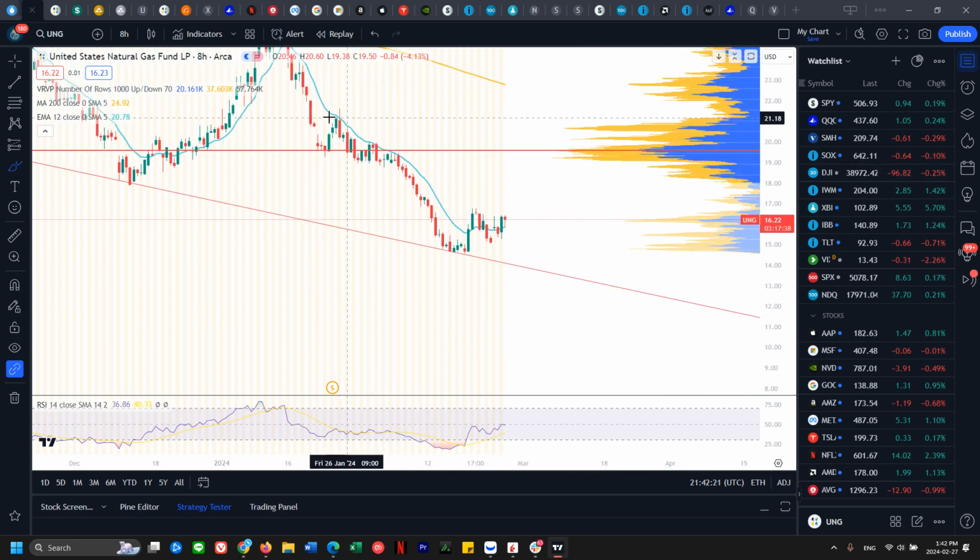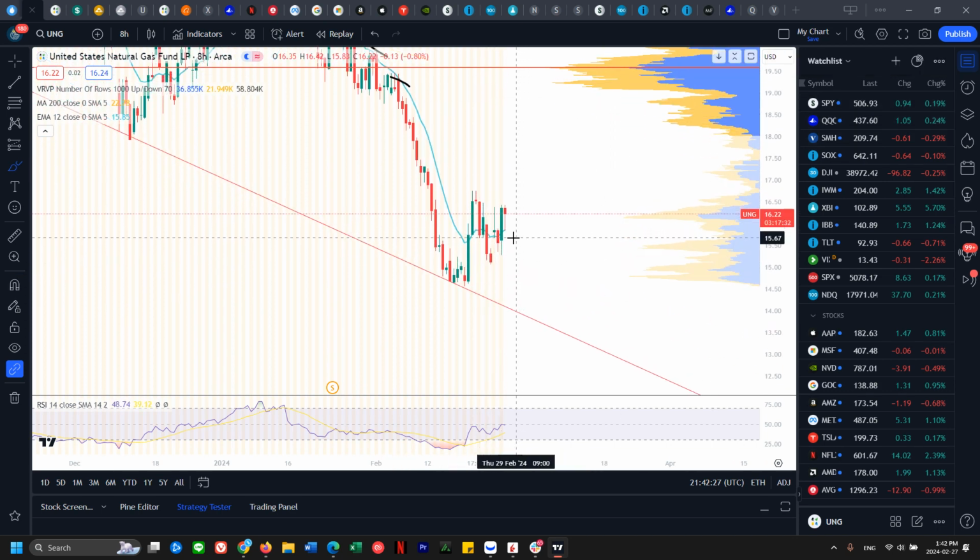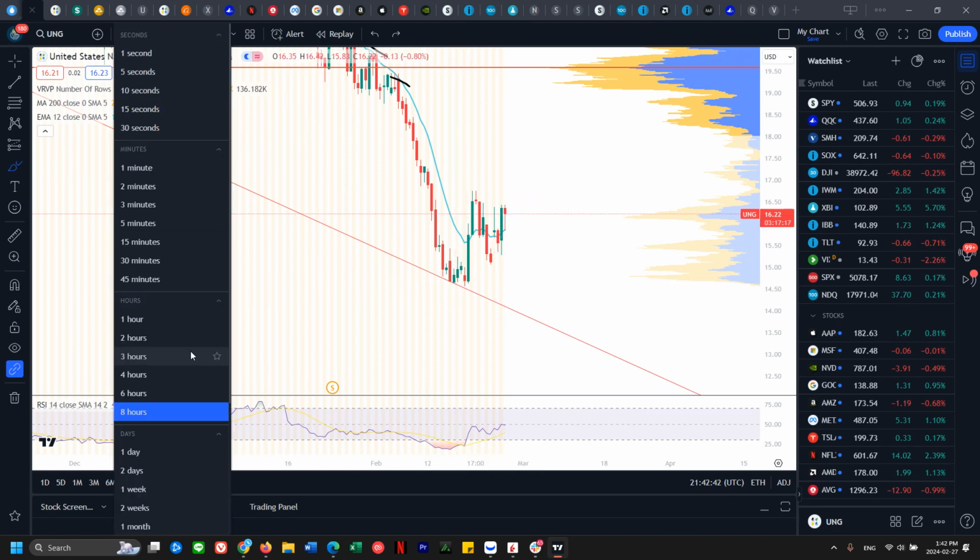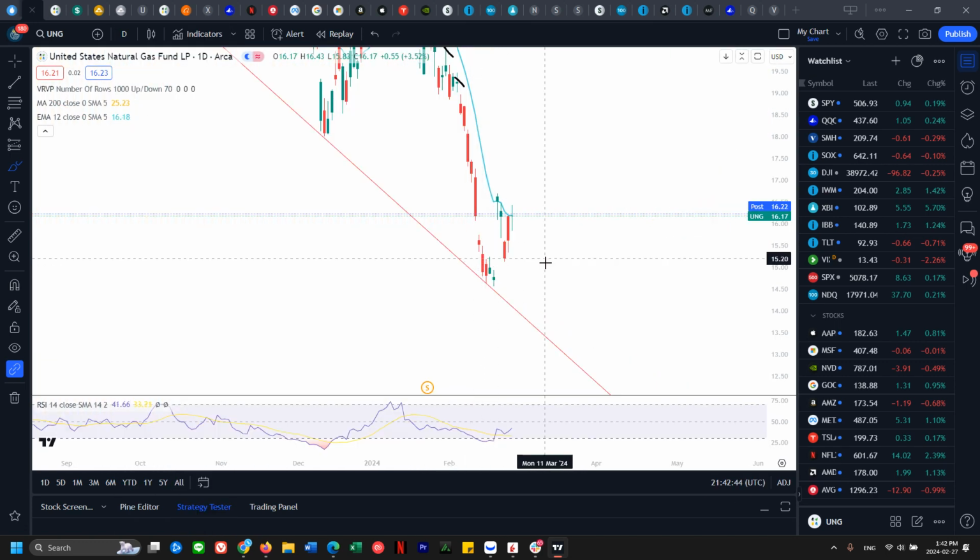You can see this tail-looking line. Resistance, resistance, resistance. Although we kind of chop within it, today it's a good sign that when we broke above it, this here means that it tested the 8-hour EMA 12 support and then bounced from there. So that's a good sign. You want to see a clear break above this high, where it makes a new high, just like natural gas, or it will confirm a daily uptrend.